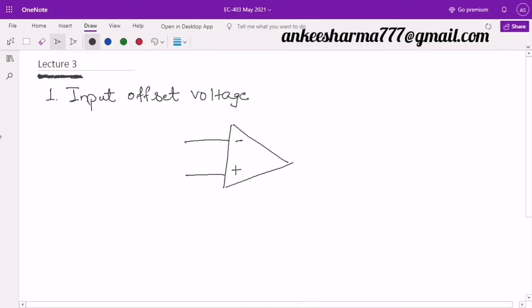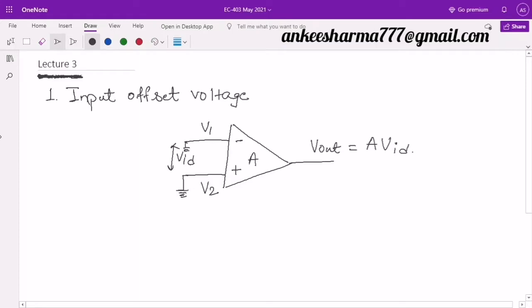If I take the case of an open loop, then the output will be equal to A times the difference of these two voltages. If I assume them to be V1 and V2 and the difference is VID, then definitely my output will be A times, that is gain, into VID. Even when we don't apply any input to these two terminals, for example, if I ground these two input terminals, still